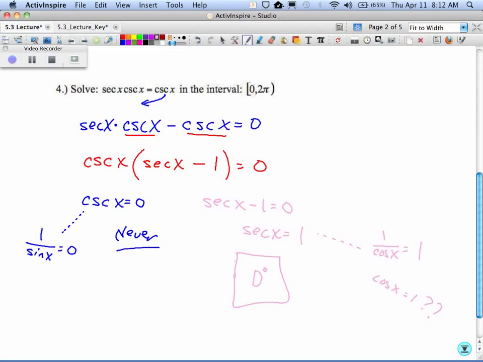Now, if you're putting the 2 pi or the 360 on there, we have to be very careful. That interval at the beginning of the problem says do not use 360 or 2 pi. Right? Just once around. So the answer